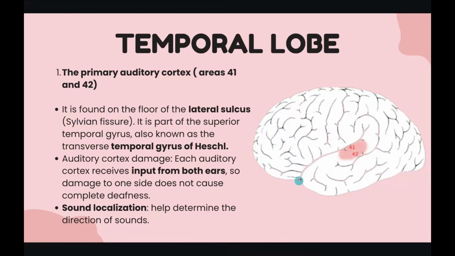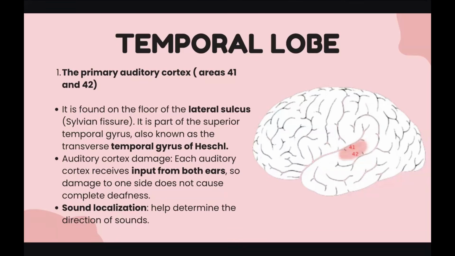Remember the sylvian fissure we talked about? It's this sulcus over here. Fissure again is a deep groove. All right, and you guys can see how it separates it really well. All right, so this is the part of the superior temporal gyrus and also known as the transverse temporal gyrus of Heschl. All right, it's areas 41 and 42, and any damage to these areas will